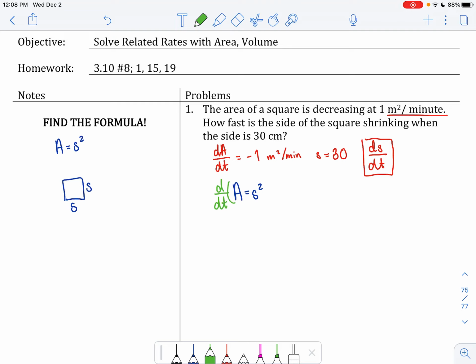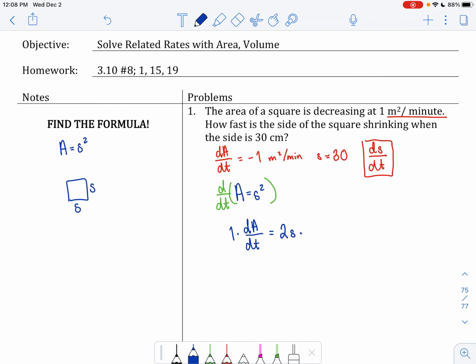Now, since this isn't obviously simplifiable, I'm just going to do the derivative in terms of t on both sides. So that becomes 1 times dA/dt is equal to 2s times ds/dt. Remember, ds/dt is what we want, so we're going to plug in for everything else. This becomes -1 is equal to 2 times s, which is 30. That then would equal,